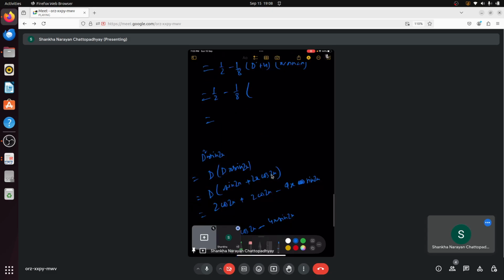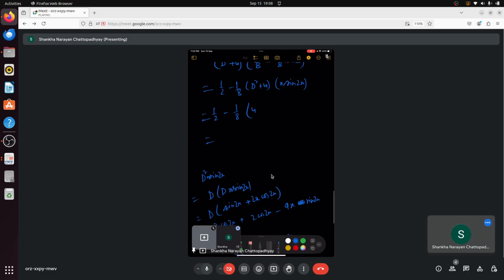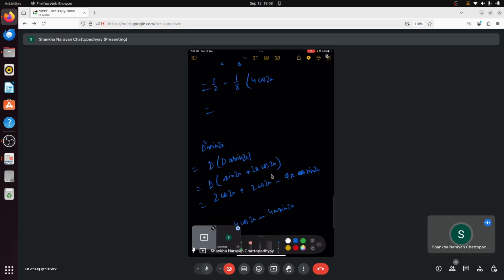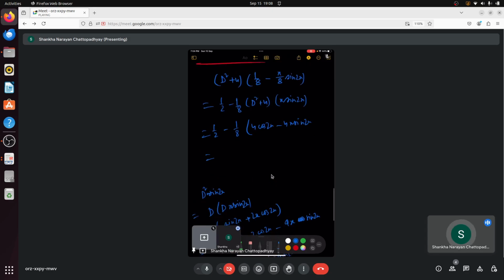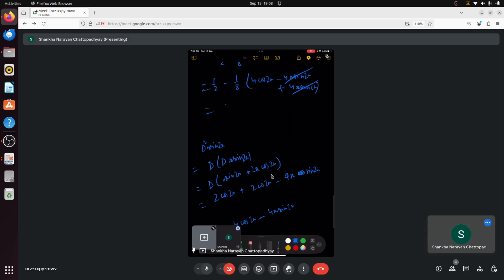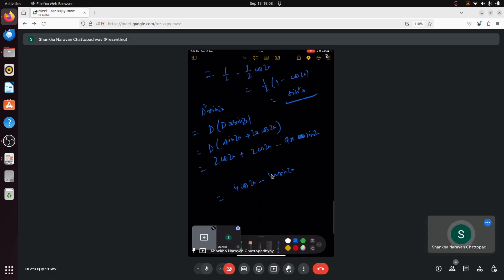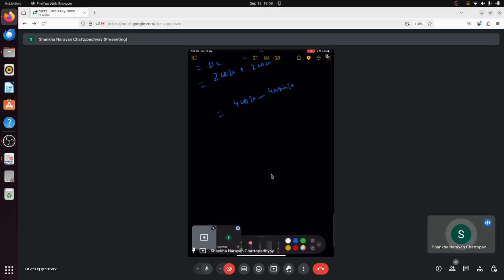So now here we will get 4 cos 2x minus 4x sin 2x, and this 4 operated on this, so you will get 4x sin 2x. Once again these two cancel one another, so that will be half into half cos 2x, cos 2x. So that is just sin square x. Is it clear? So that is how you can cross check the equation, right?